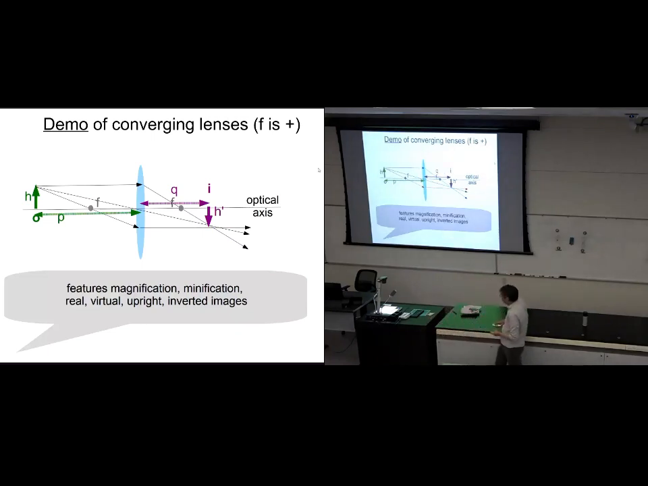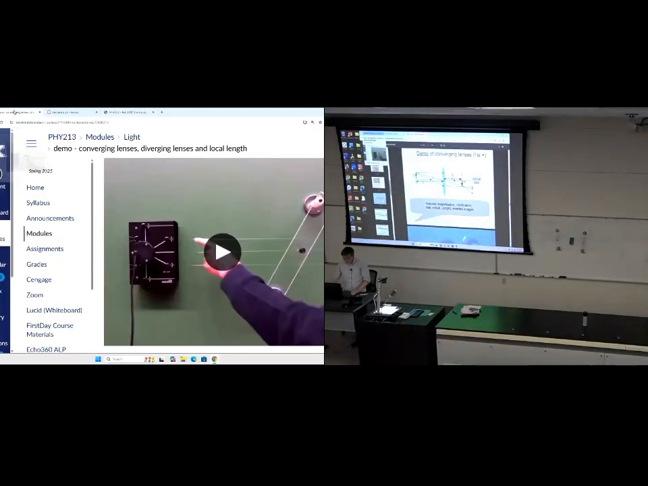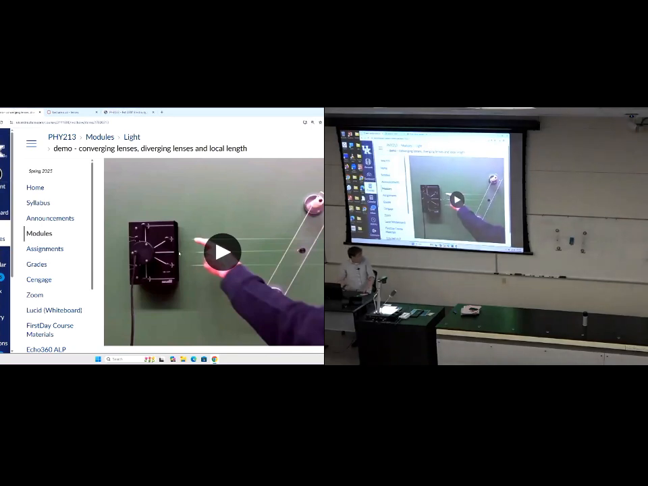Okay, let me just show you a demonstration of a converging lens. This is the device we met in the last class that produces parallel light rays. I'm going to shine those parallel light rays through some lenses. I'll show you shining the light rays through a converging lens now, and then we'll look at the case